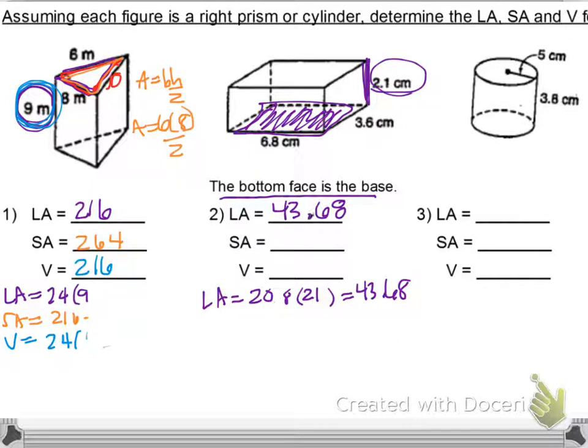And that would be centimeters squared. Okay, then we move on to our surface area. We've already gotten part of it because we just got 43.68. And now we need to add in the two bases. So I need to just get the area of our base, which is just a rectangle. So that's just base times height. And 6.8 times 3.6 is